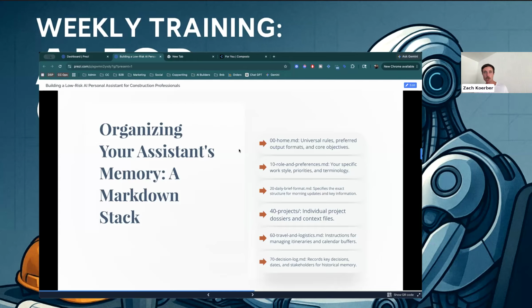All right. So basically, you're going to want to create a bunch of different Markdown documents for your assistant to operate within. Now, it's important for you guys to understand this, but you do not need to manually have it go create these different things, especially if you're using Claude. Before I get into the details of this slide, I would like to tell you guys how I approach this in my structure because it can feel really overwhelming, but in reality, what I told Claude was,